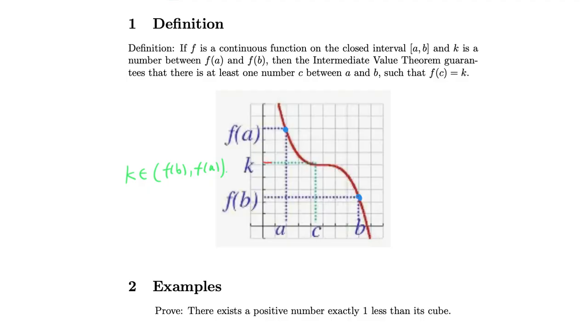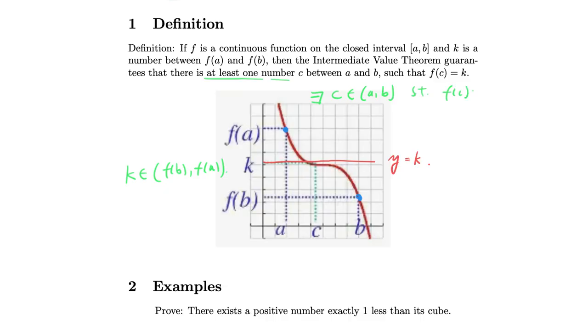Now, I'm going to draw a line of y equals k. And I'm going to ask myself if this function must pass through or intersect this horizontal line. What the intermediate value theorem says is yes, it guarantees that there is at least one number c between a and b such that f of c equals k. So